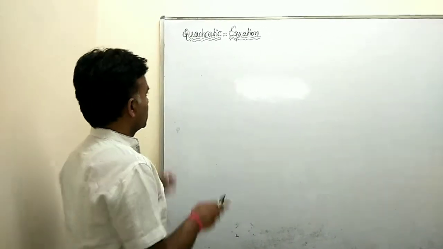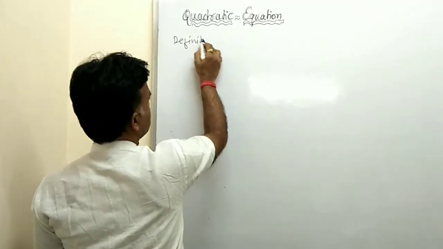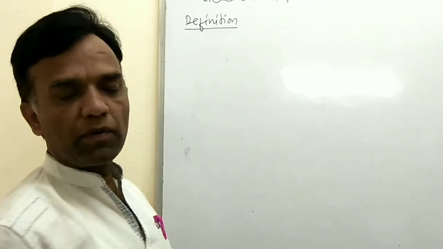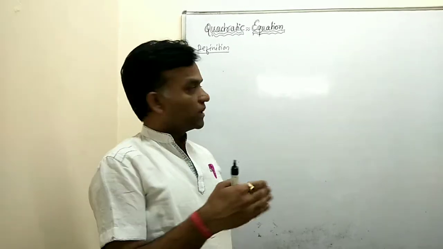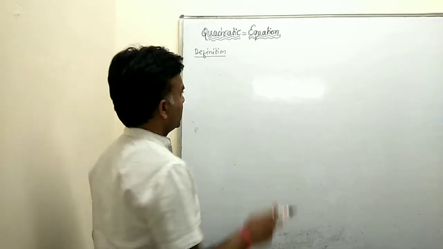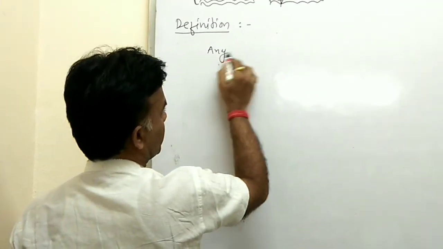So first write down the definition of quadratic equation. Okay, then the general form of the quadratic equation, and then roots of the quadratic equations. Because there are three topics, now here we list them. So first, the definition. In the definition of quadratic equation, any equation